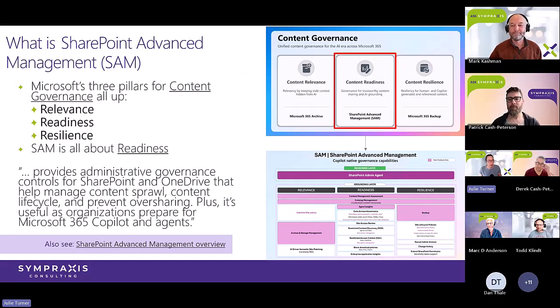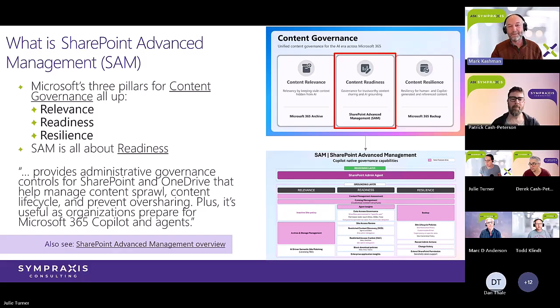Let's start with Mark Cashman. Talk us through what's SharePoint Advanced Management. You're going to put your old hat back on and do the Microsoft way and the way Sympraxis looks at it. Yeah, this will be a balance of outward messaging for Microsoft that I think just starts to ground the territory that SAM falls into. It's obviously an admin tool. It's obviously advanced. And I think it takes its roots in not just content, but some of the things that you can do on your own with a significant amount of lifting, reports, digging through logs, automating some things, but it really takes it beyond that for specifically managing content.